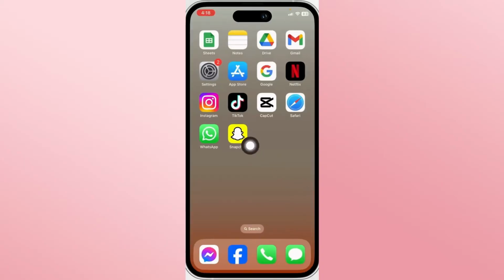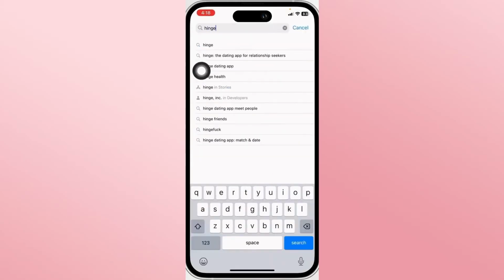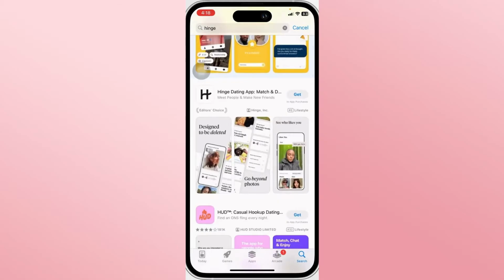First of all, from your device, open up the iOS App Store, and once you open it up, tap on the search box at the top section and then type in Hinge and start your search. Once you find the Hinge dating application, tap on it and you will see the Get button. Just tap on this Get button and this will begin the download and installation of the Hinge dating application on your device. Just wait for a while until this installation is completed, and when you see the Open button, you